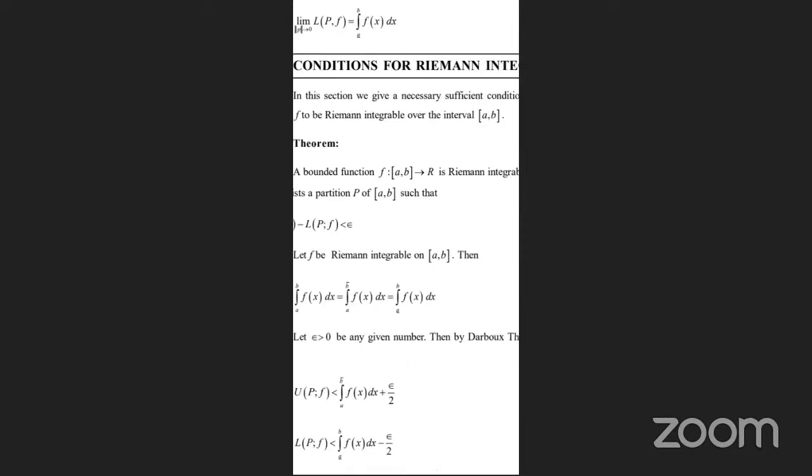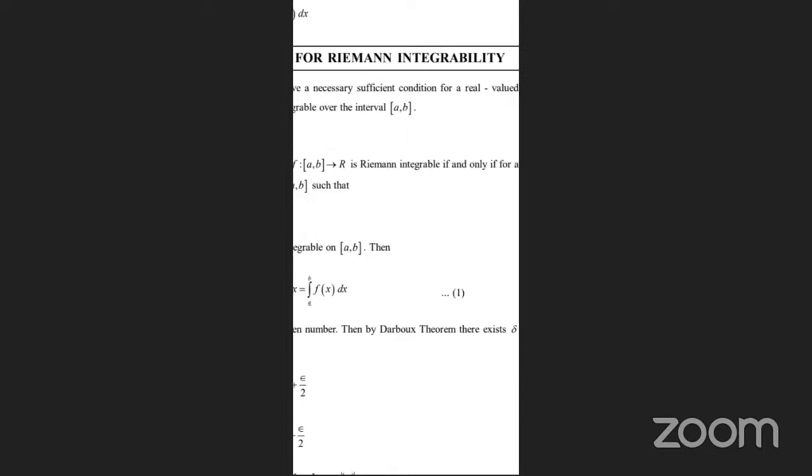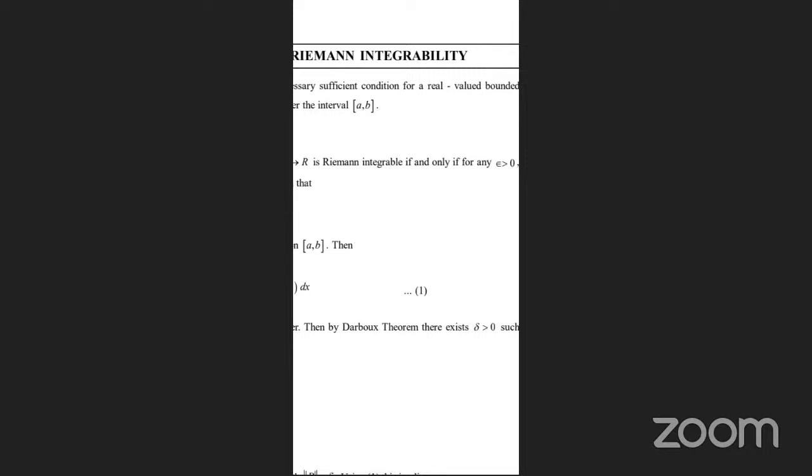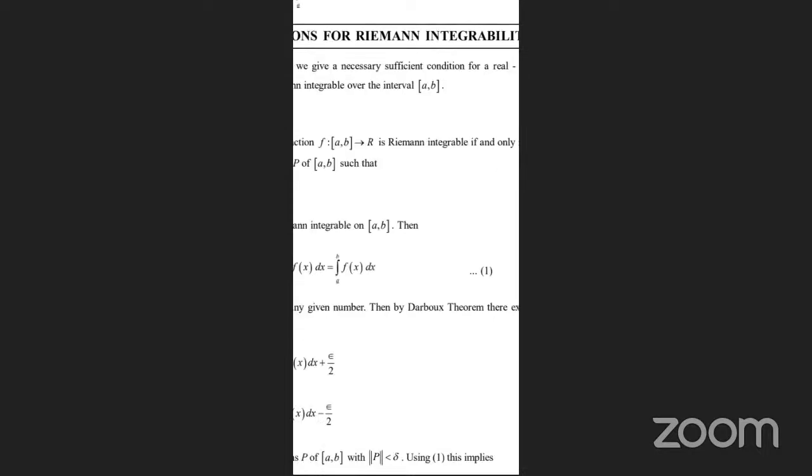A bounded function f. What is the statement of the necessary and sufficient condition of Riemann integrability? A bounded function f from the interval [a, b] to R is Riemann integrable. First of all, given the function is Riemann integrable. Necessary and sufficient condition means if and only if. Now, the function is Riemann integrable if and only if, for every epsilon greater than 0, there is a partition P of the closed interval [a, b] such that